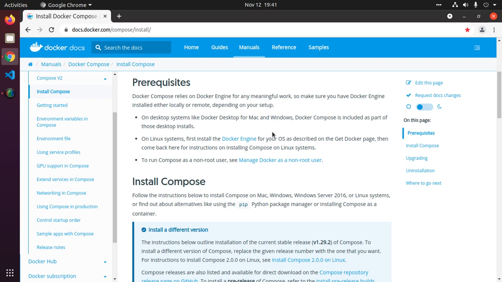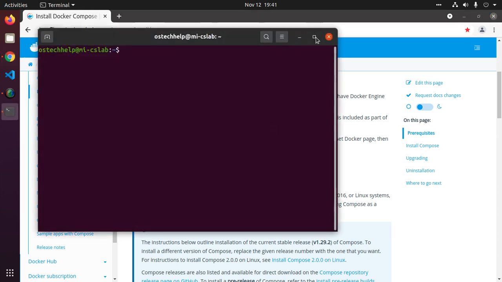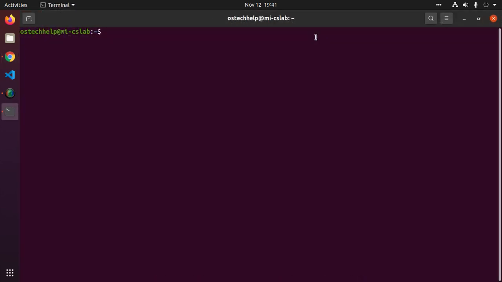You can test whether Docker Engine is installed or not using this command on the terminal. Open the terminal by pressing Ctrl-Alt-T at the same time. Now type this command with sudo privilege: sudo docker version.